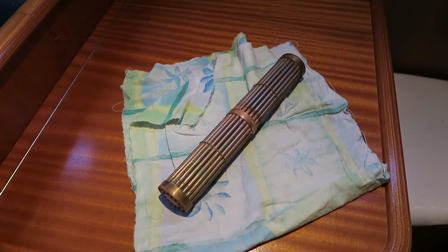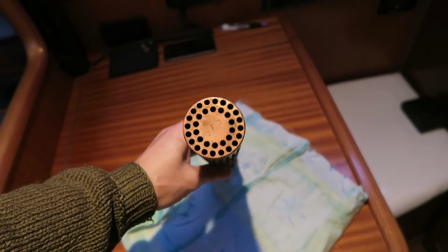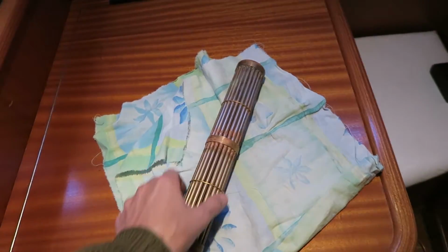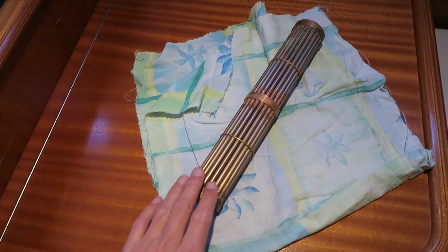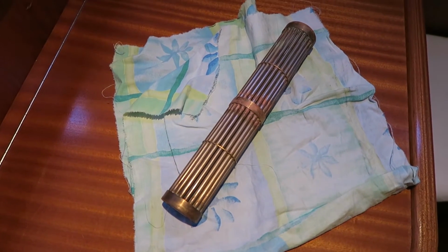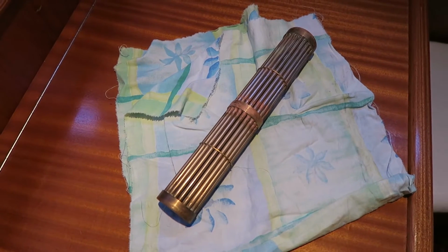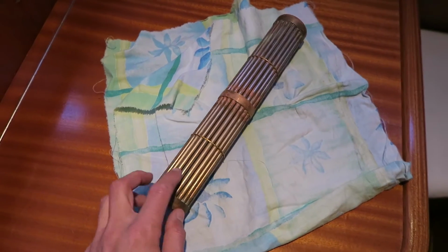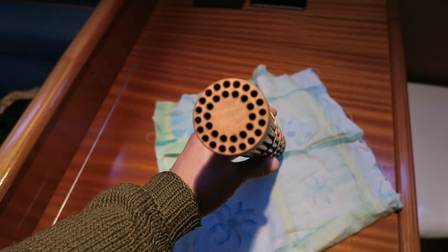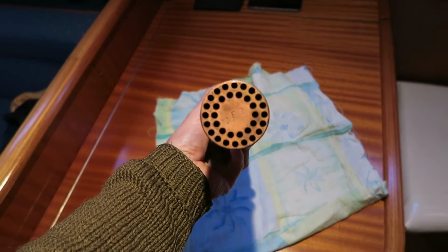When I painted my exhaust elbow, I also cleaned my heat exchanger tube here. As you can see, it is much cleaner now, and the way I did it was I put this in some vinegar, I think the name is, overnight. It is something you also use when you descale your coffee machine, because most of the dirt in these heat exchanger tubes is a kind of barnacles. So this vinegar will remove